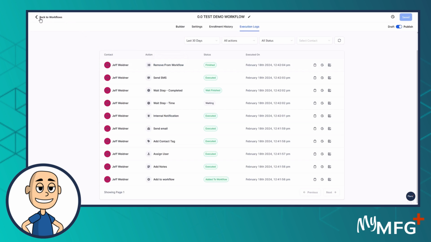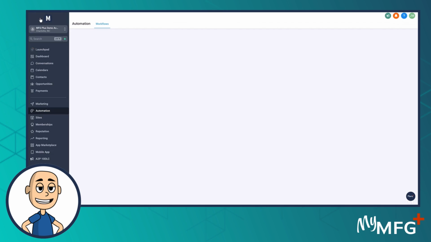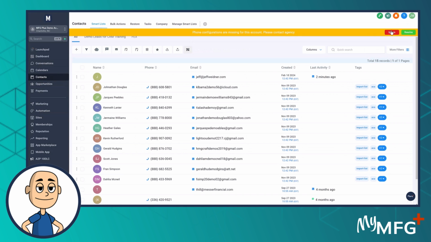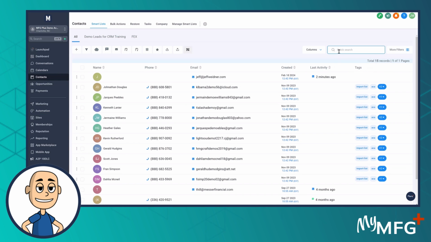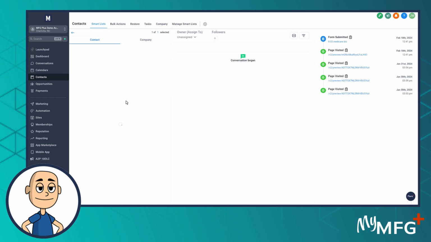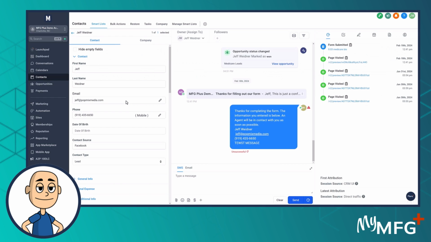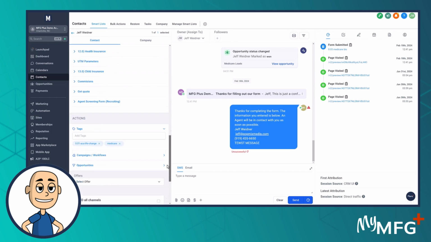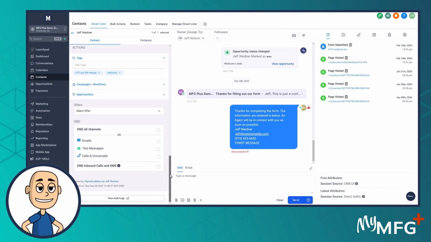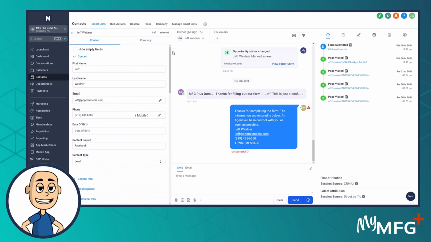Okay, so now we're going to go to the user again, go to the contact, not the user. Pull up the contact information. There you go. And we want to make sure that the tag was added. So let's go down to the tagging area. And it was tagged Medicare. So perfect. Right? So it looks like the automation performed flawlessly, except for the fact that we did not have